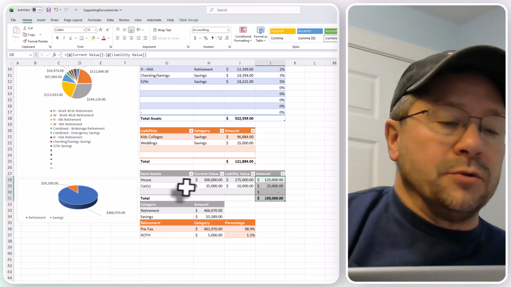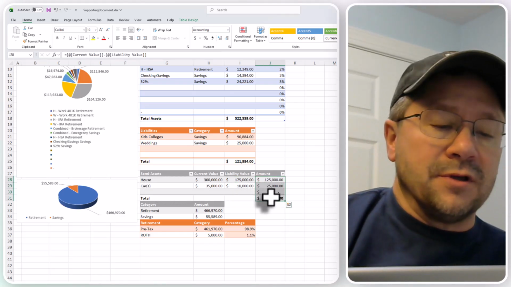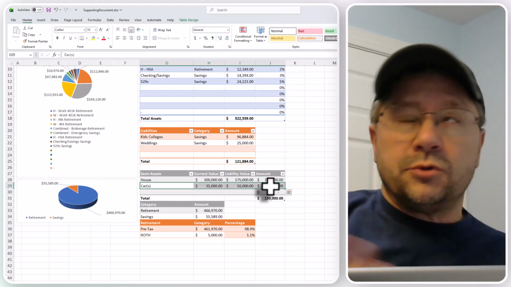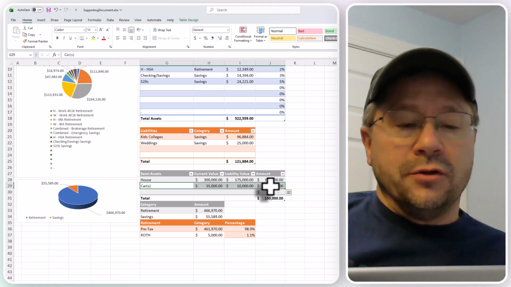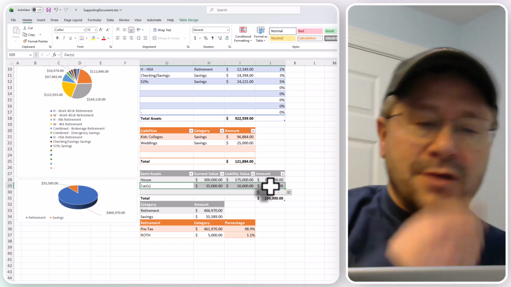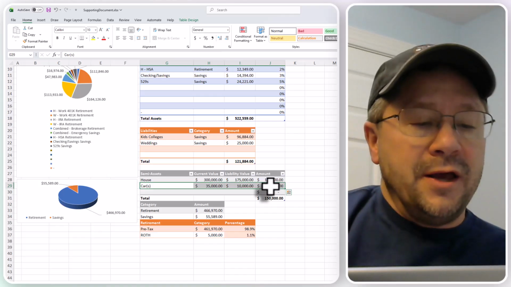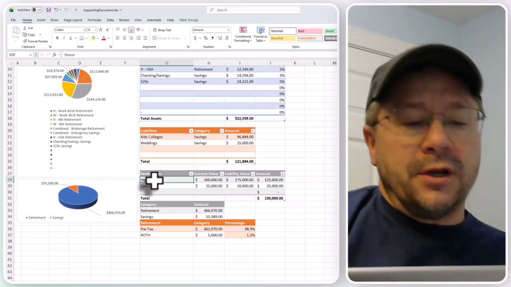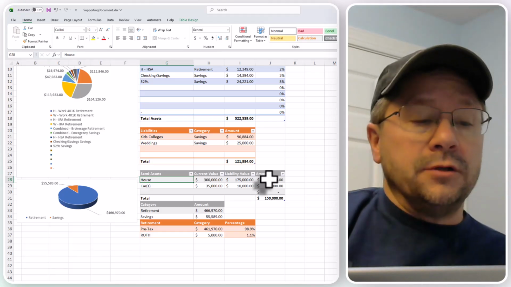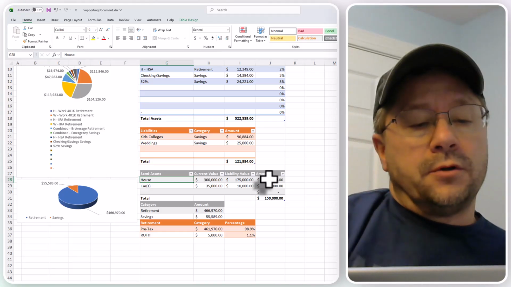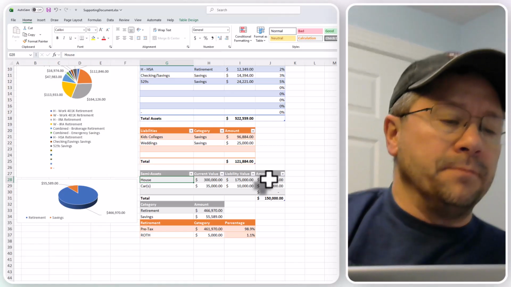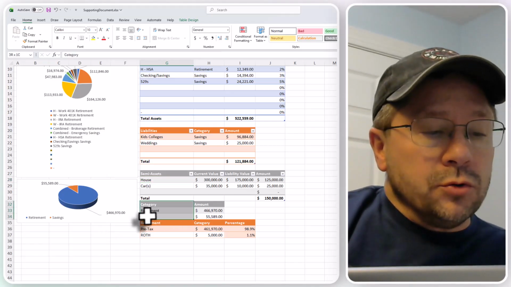So I put two different examples of cars and liabilities and stuff like that. But again, to me, cars are a depreciating asset. Eventually, they're worth almost nothing. So to me, having that as an asset, again, I just don't see it. And again, a house is great, but you don't have really any income from that. Maybe if it was a rental, then you could probably include the rent from it. But again, I decided to exclude that.